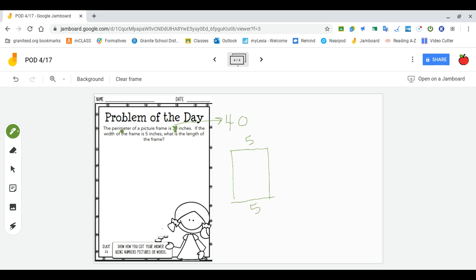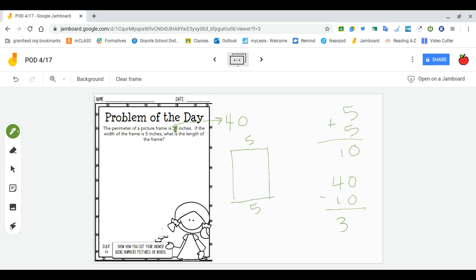Now, perimeter, if you remember, means all 4 edges all added up to equal 1 total. So if I added up my sides right now, I would have 5 plus 5. So I would have 10 inches. And I need to get to 40. So I have 5 plus 5, 10 total that I can subtract from 40 to figure out what I have left to put on this side and this side. So 40 minus 10